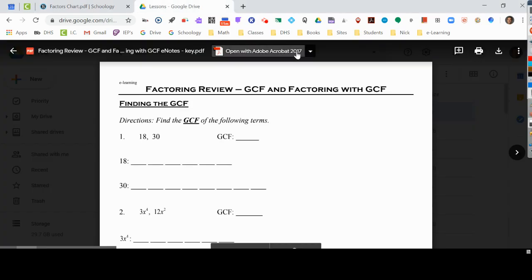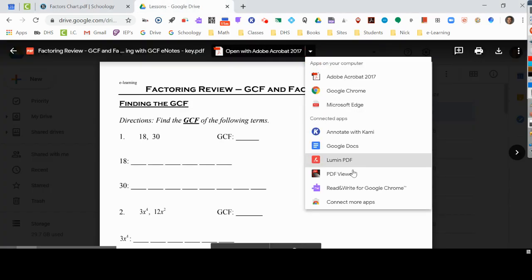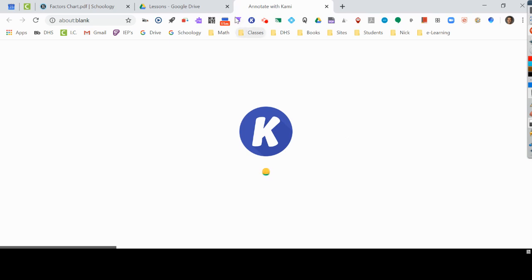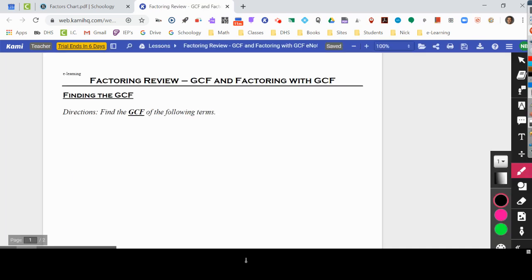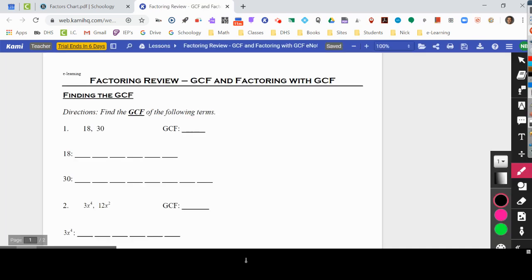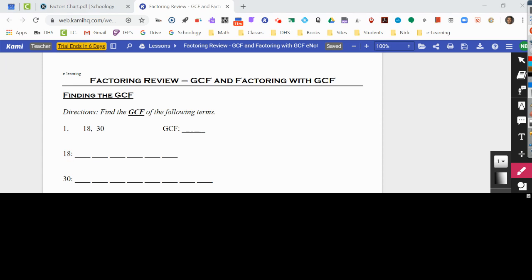All right, so here we go. Here are the notes. Let me just open it up here. So this is a review day, as I mentioned already, to recap the week. We have our first example, just straight finding the GCF. We want to list out all the factors of 18 and 30